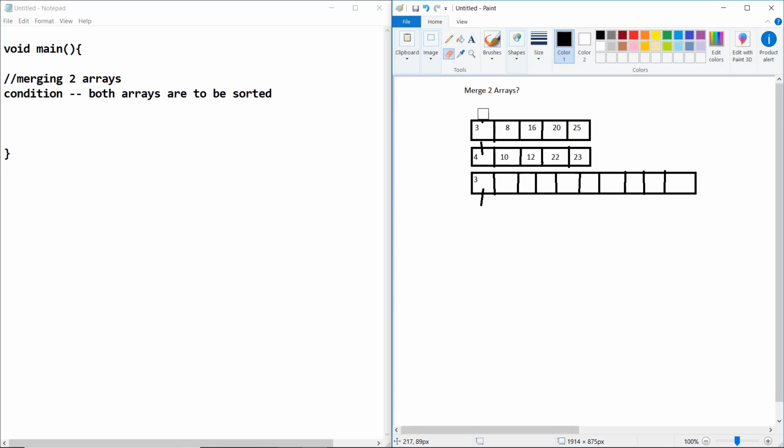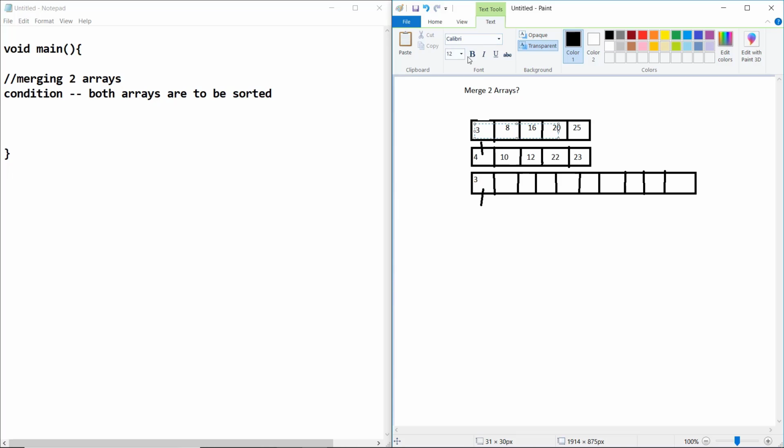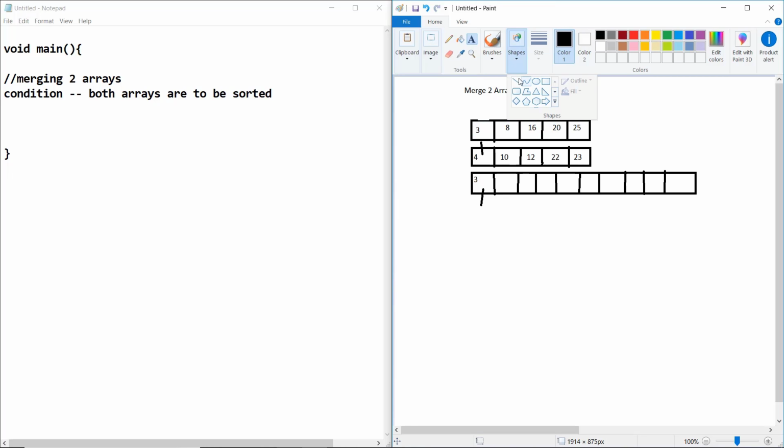Once an element is stored from an array, we shift that array's pointer to the next element. So this is the 3. Now shift the pointer to the next element and compare these two.